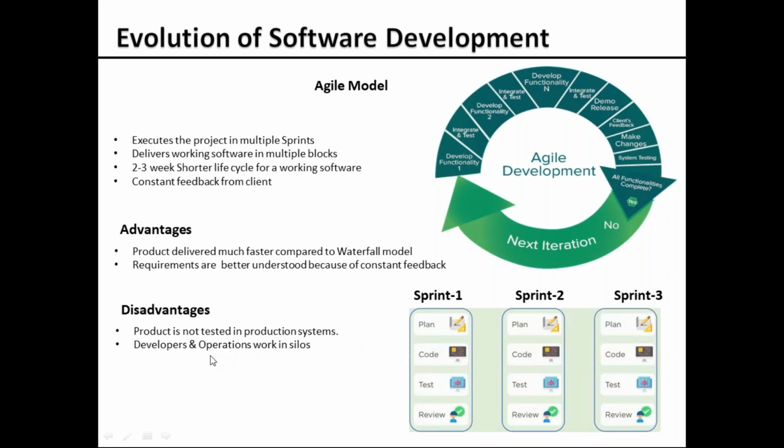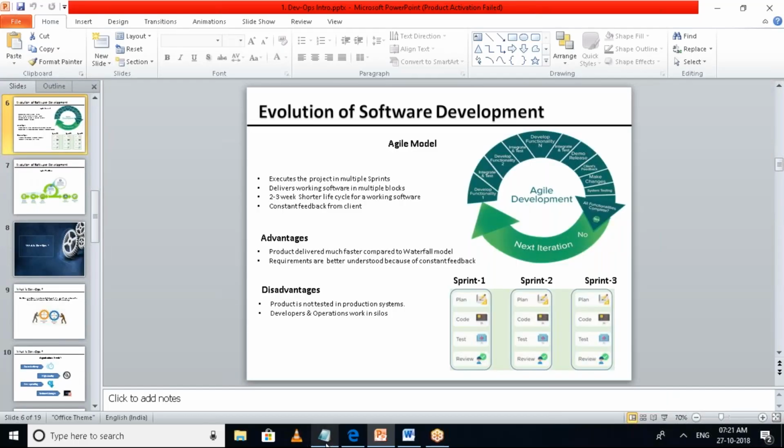To get this product deployed, we need a separate team. So this is a product development team, but there is a team which does the deployment, releases and all. That is not something we have come across in the agile model. If I show you pictorially,